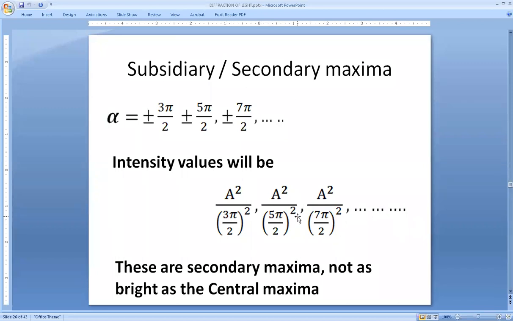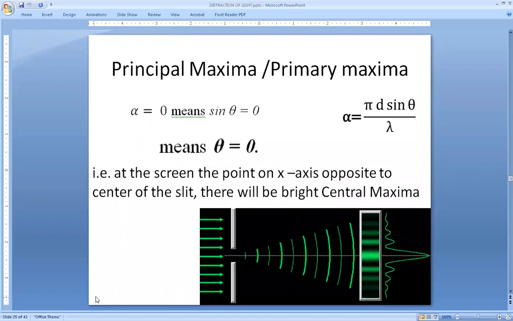So these secondary or subsidiary maxima are called secondary and subsidiary. Secondary means they are not important, right? Why? Because their intensities are going to fall drastically. That's why these secondary maxima are not as bright as the central maxima. That's why, if you recall this picture, I have drawn the central one with high intensity, and as you move away either this way or that way, you have seen the diminishing intensity lines. I hope you understand this. This is relatively lesser in intensity, much lesser, much lesser, and completely dark, right? So these small peaks in this picture are representing the secondary maxima.